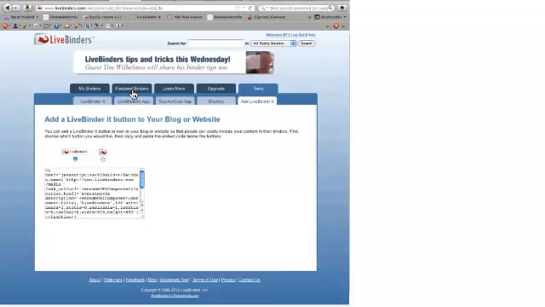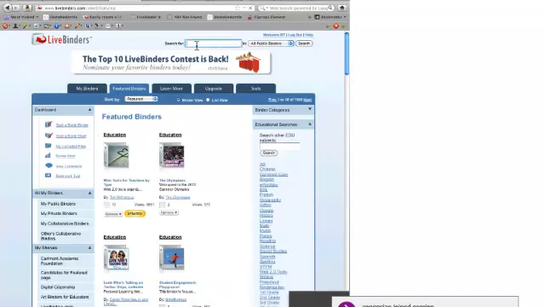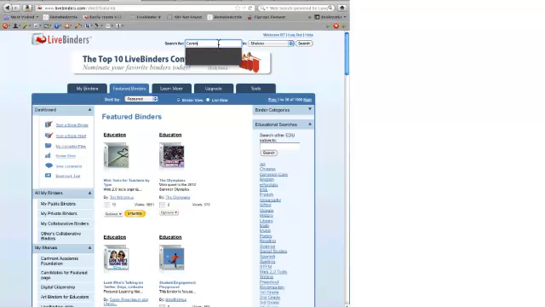And then the last thing I just want to touch on, and this is something I've touched on before, but I just want to make sure people know about it, and that is the ability to search shelves. So we've always had the ability to search public binders and my binders, just the education category, or search by author. And we recently added search by shelves. So if I search something like Common Core,